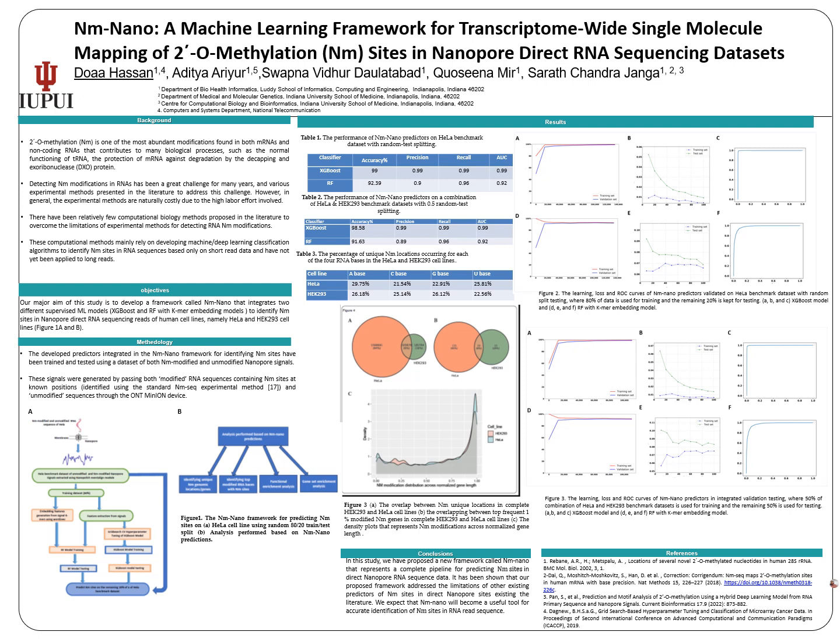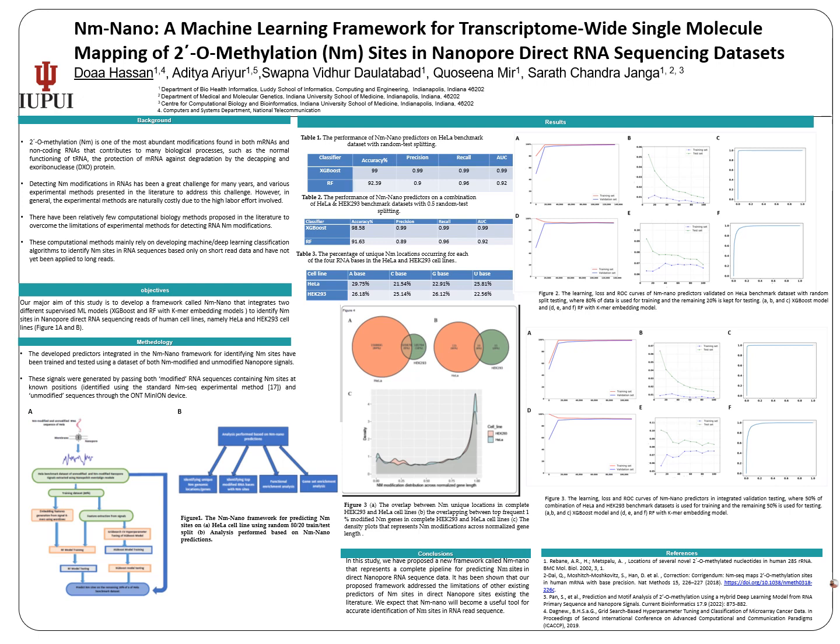So, there have been relatively few computational biology methods proposed in the literature to overcome the limitations of experimental methods for detecting RNA Nm modifications. These computational methods mainly rely on developing machine learning or deep learning classification models to identify Nm sites in RNA sequences based only on short-read data and have not yet been applied to long reads, except for too few research